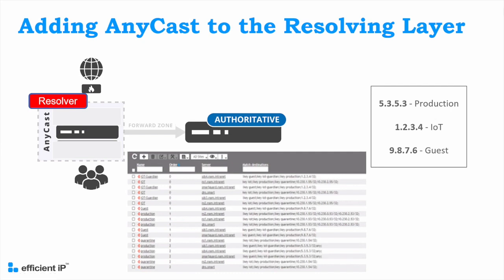I get to all my internal zones and I get to recurse. 1.2.3.4 is my IoT. It gets a zone maybe inside, and it's only allowed to recurse to a very few places that I'm going to monitor and watch and keep track of. 9.8.7.6, that one has no internal zones.